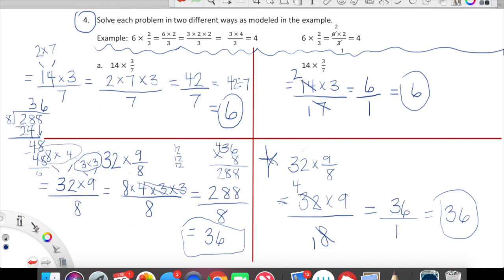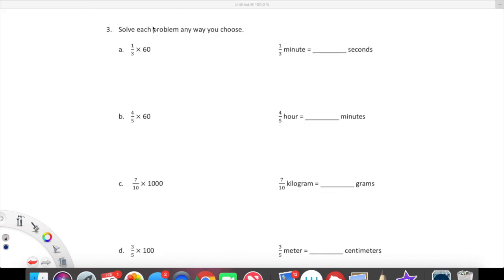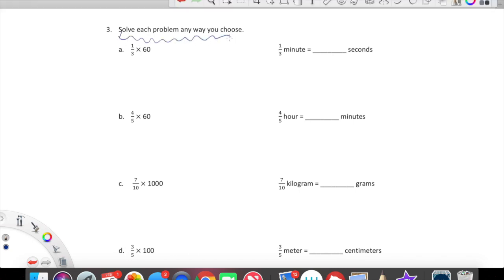Let's take a look at just a couple more examples here, guys. Here we are told that we can solve each problem any way you choose. So here we're looking at 1/3 of 60. What that really means, you guys, is 1 times 60 over 3, which equals, well, 1 times 60 is